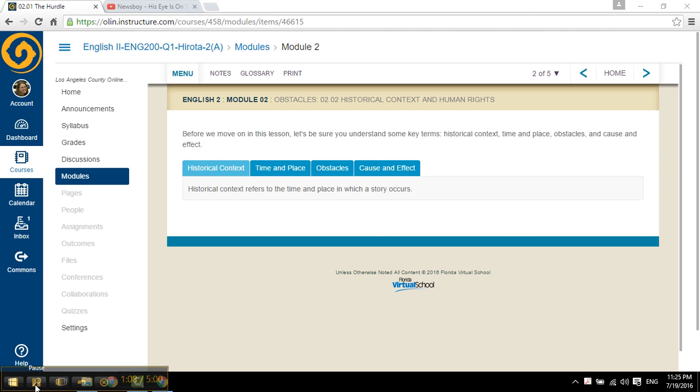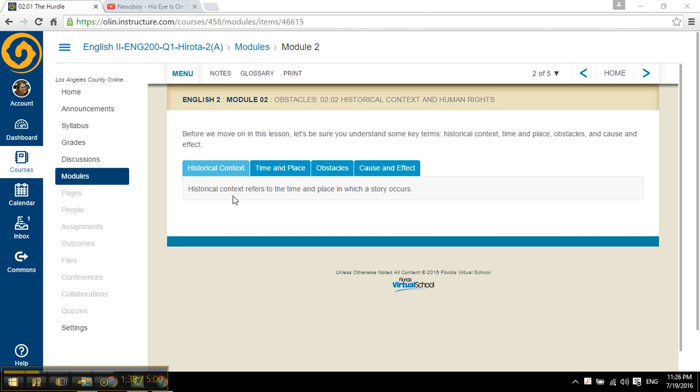Okay, this page is really quick and easy. It says, before we move on in this lesson, let's be sure you understand some key terms: historical context, time and place, obstacles, and cause and effect. So the first one is historical context, and it says historical context refers to the time and place in which a story occurs. So if your story takes place in, let's say, Florida, like Their Eyes Are Watching God,